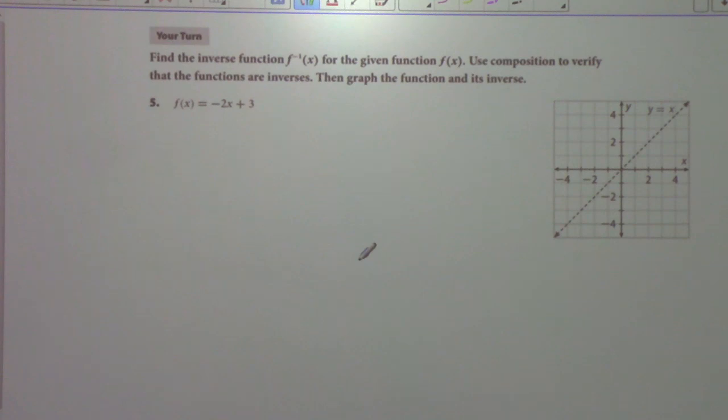Are you making any headway on this? Kind of. Kind of. Well,